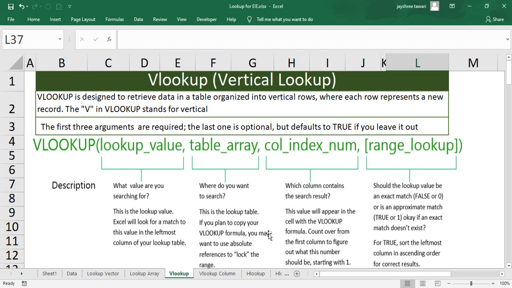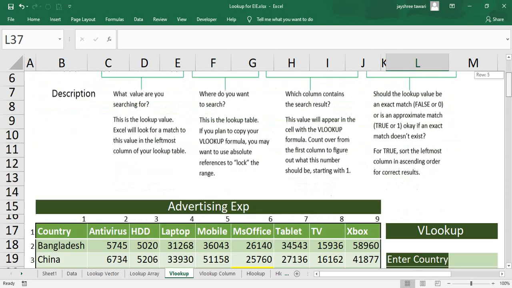Fine. So hope the parameters are fine. As I always say, if you want to learn Excel, the only thing you need to understand is the concept of each of the argument. If the concept is clear, you will be easily able to write your functions. Let's move ahead and see a practical example of this.